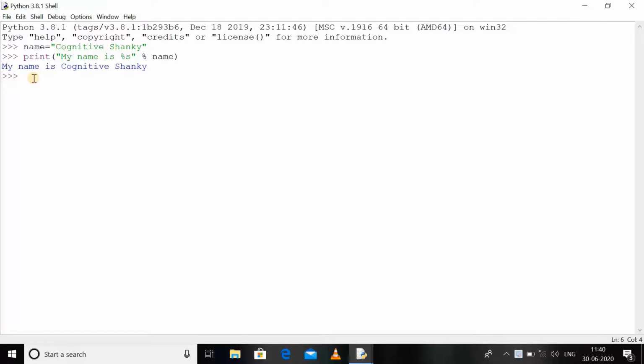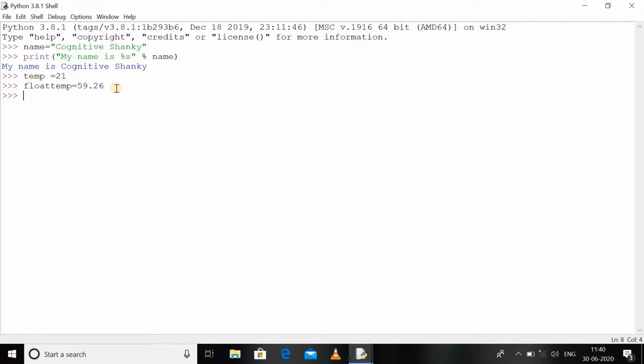Now let's say I have multiple variables and I want to use them along with a message. Let's say again I have a variable temp and it stores an integral value, let's say 21. Now again I have a floating variable, let's say float temp, and it stores 59.26.